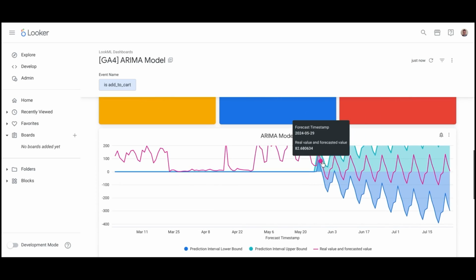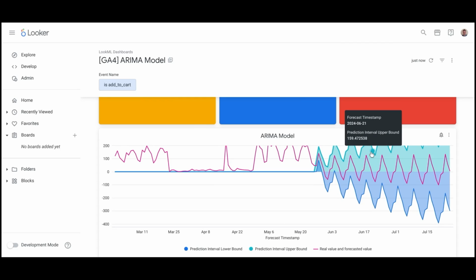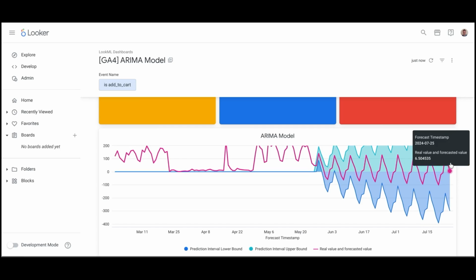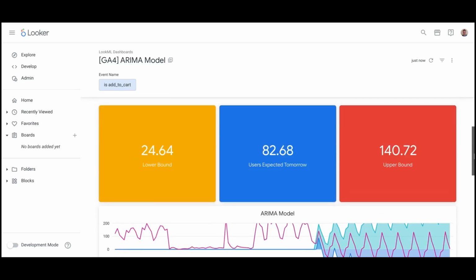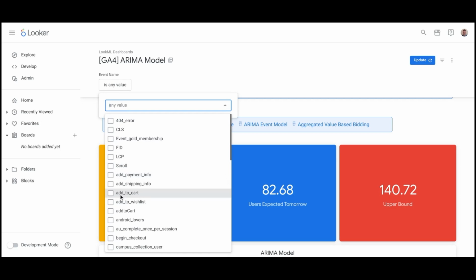As you can see, you will have these two shadows that will show the 90% confidence interval and the predictions 60 days over time for this specific event. If you want to look for another event, you can just change the filters here. And